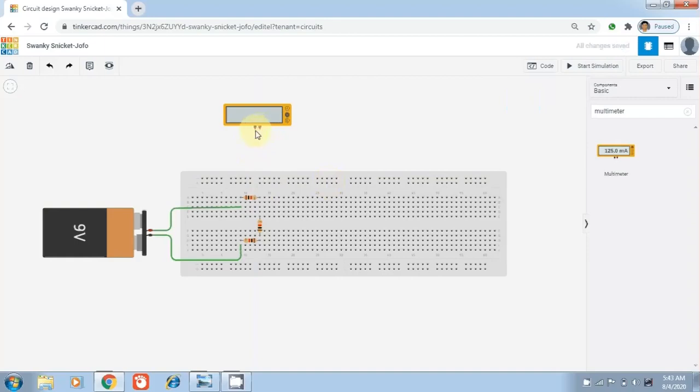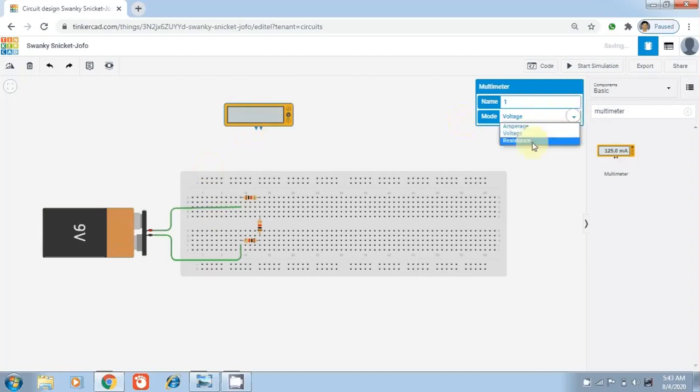The multimeter, as you know, is used to measure multiple quantities. It can be used to measure voltage, current, resistances. As in this circuit we have a requirement of voltage, so we set our multimeter to measure the voltage by clicking onto this side.